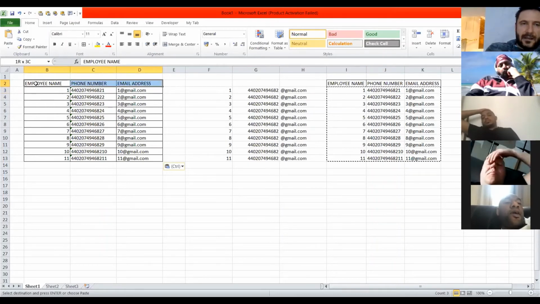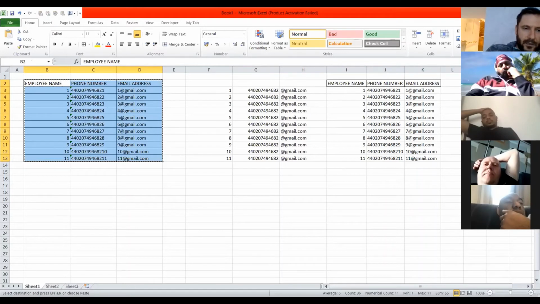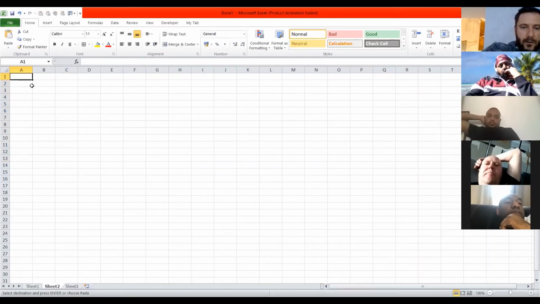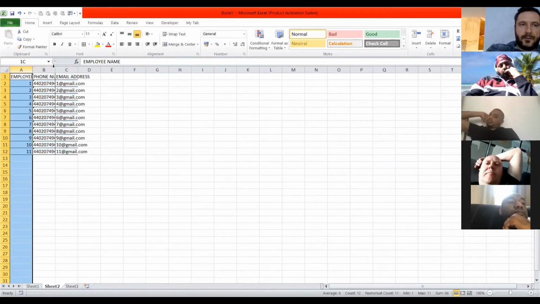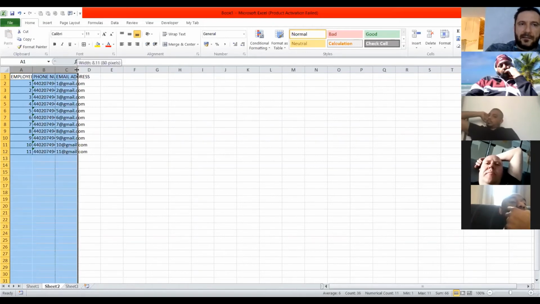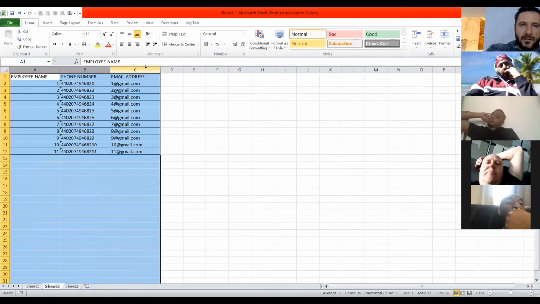We can select the tables again, and we do a cut, like a Control X. And after, we can go to the next tab on the bottom, and we're gonna do Control V. So now we just move the database to the next page. So at least we have a clean page with our database.